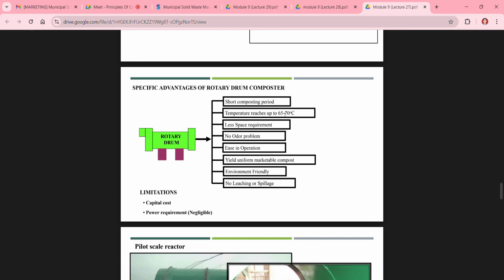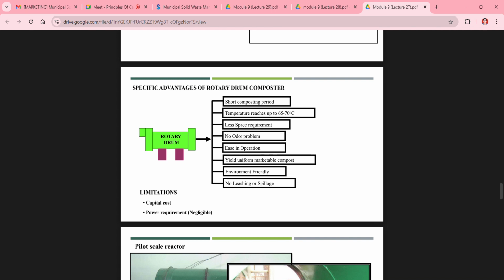process. But we don't want the temperature to increase beyond 70 degrees Celsius, because if the temperature goes beyond 70 degrees Celsius, the microorganisms will begin to die. And if the microorganisms die, proper composting will not happen. Okay, then it needs less space, there will be no odor problem, and it is easy in operation, and